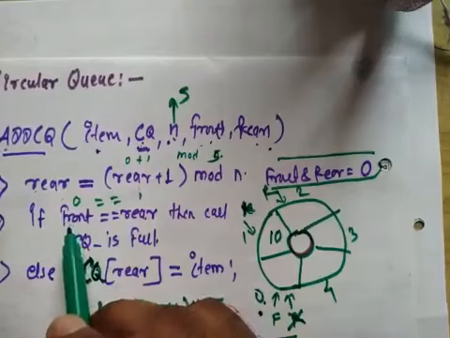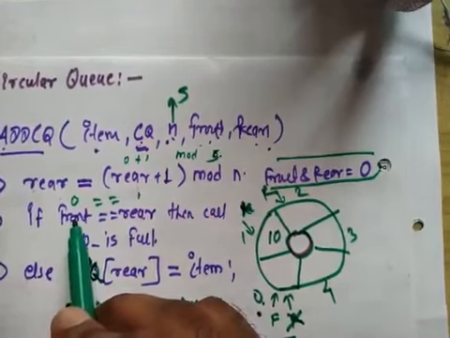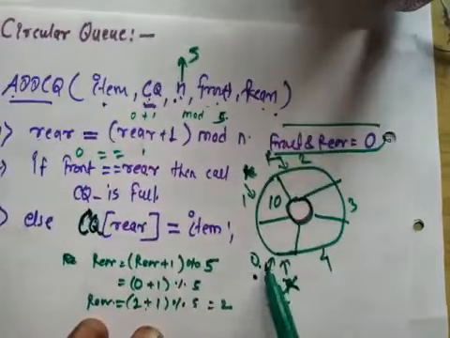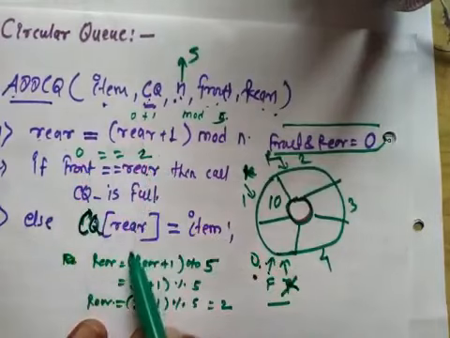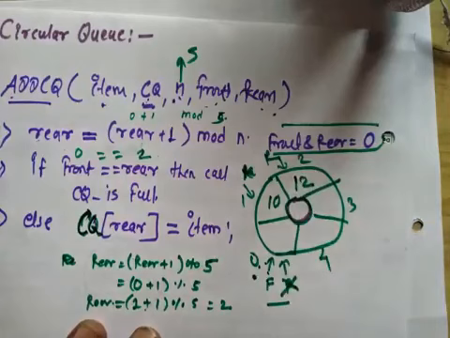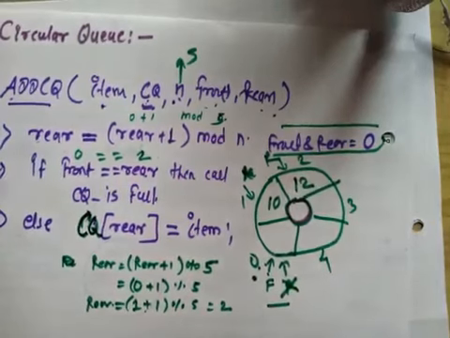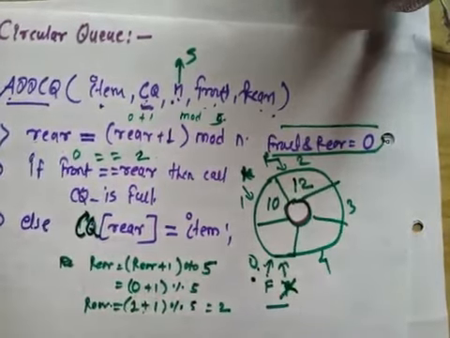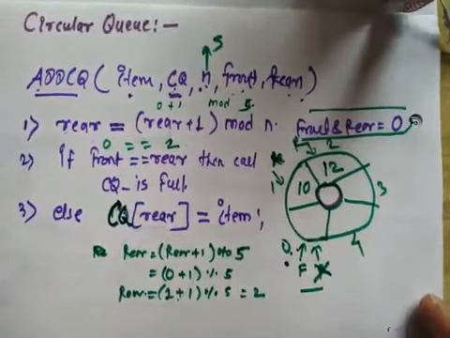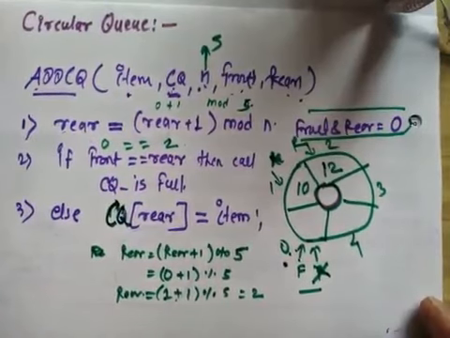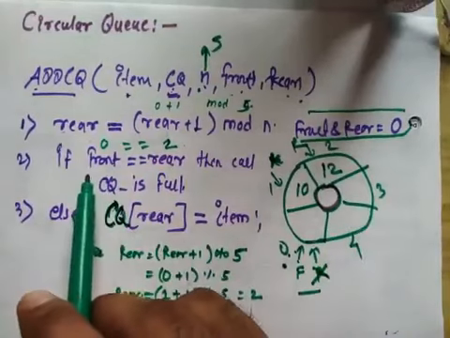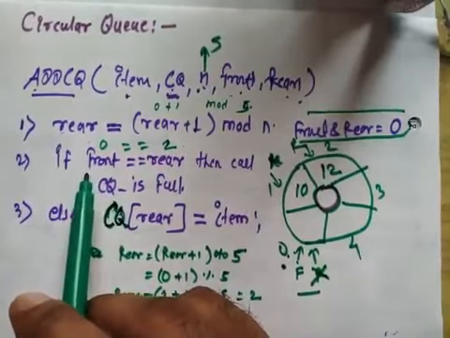So now check again whether the queue is full or not. Your front value is still 0. Front is pointing to 0. Now 0 is equal to 2? Condition not satisfied. It will jump to the else part, and in the else part we are going to assign the value to the queue. Okay, these are random values. You can assign any integer value. Since our array is integer type, you can only assign integer values. If you choose the array as character, you can assign character values. Okay, now we are going to use an integer array. Suppose you are going to assign one more element here.